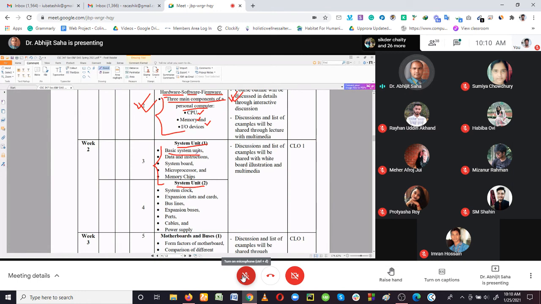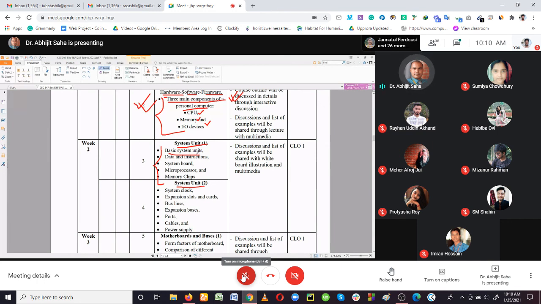Each of them has a system unit, and each has different input and output devices. For the desktop computer, the keyboard and mouse are separate, but for the laptop you have the keyboard and pointer with the laptop itself, and the speakers are built in. In the case of the desktop, they are not. So there are several differences between the different system units we have for the computer, and we are going to look at that.